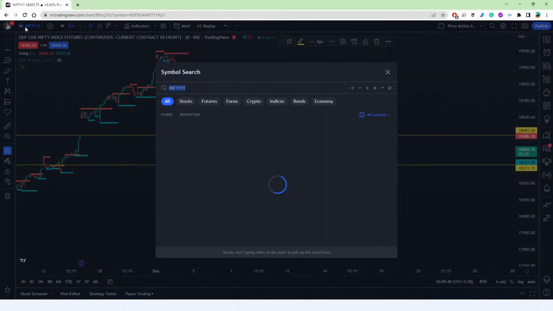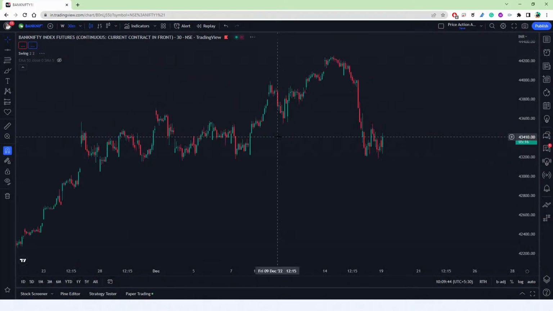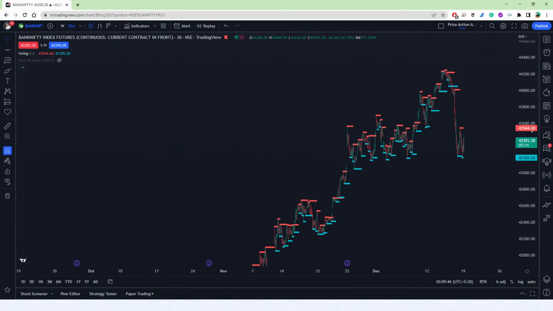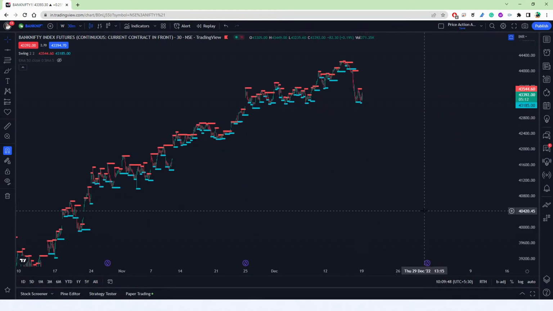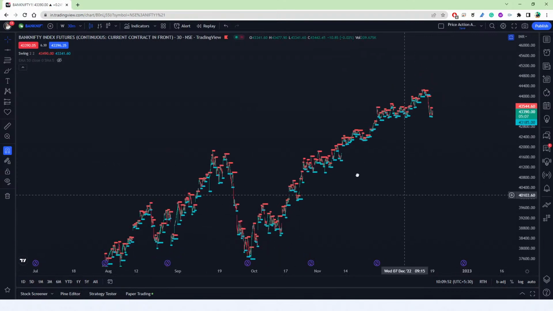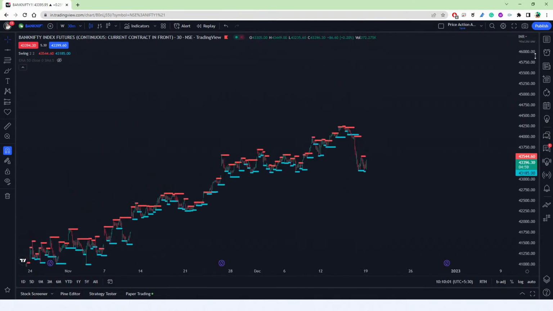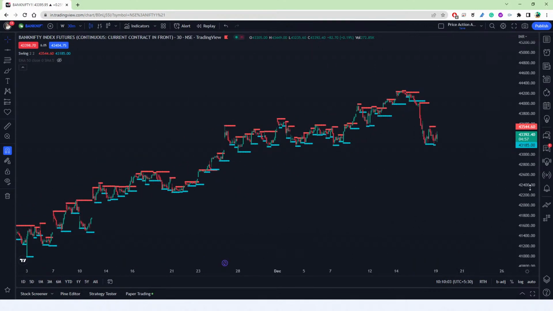Then let's move on to Bank Nifty and see what is happening there. Bank Nifty has a different view altogether. As you can see, on a broader note the market is presently moving in the upward trend, no doubt in that. But if you look at the very short term trend,